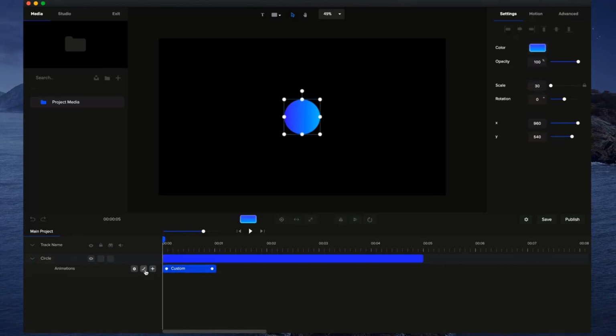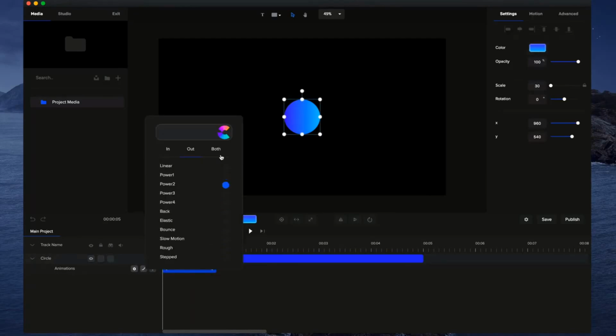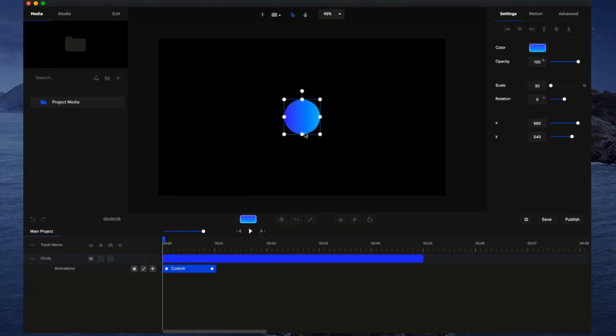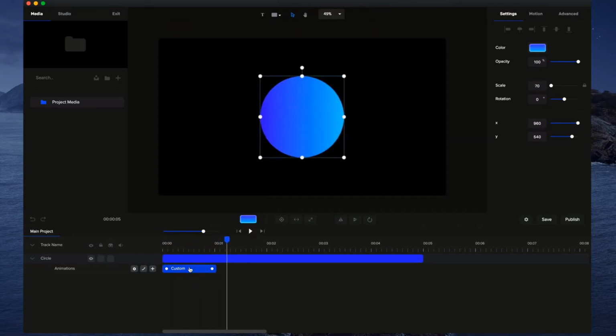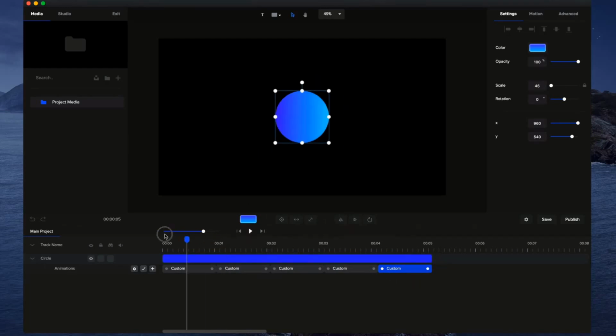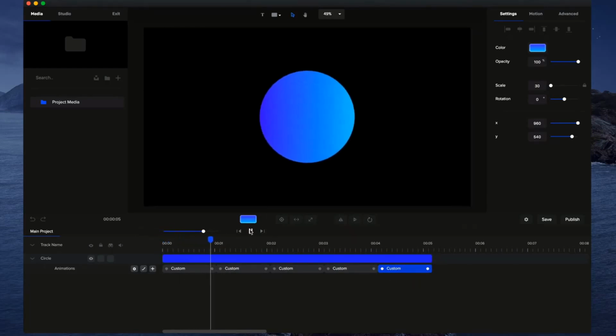And what I'm going to do is adjust the easing of this animation. I'm going to select both, so it's power to both. This is going to make it a lot smoother when it transitions. So this is the first animation like that. And what I'm going to do is simply right click, duplicate reverse, and I'm going to do this as many times as I want it to loop. And it basically recreates the same animation going up and down, okay? So if I preview this through,